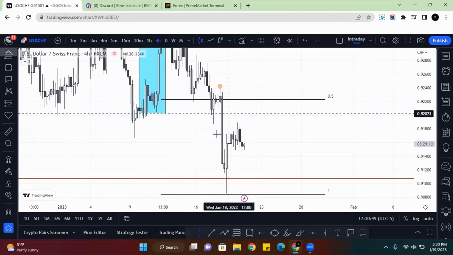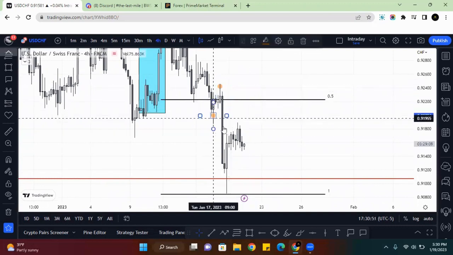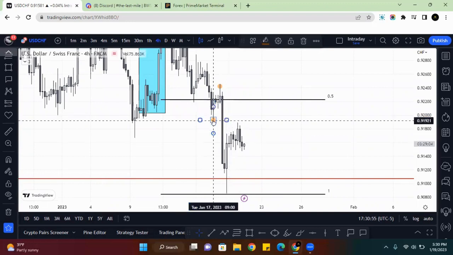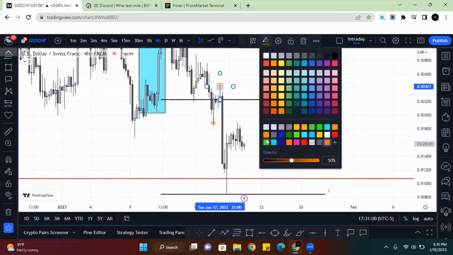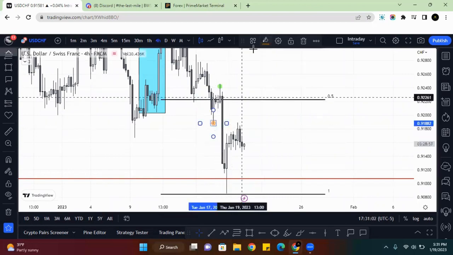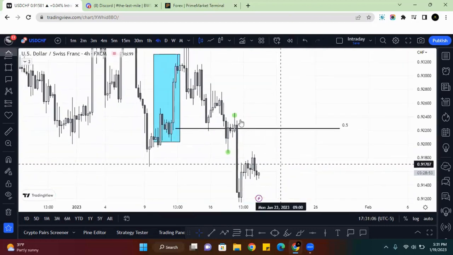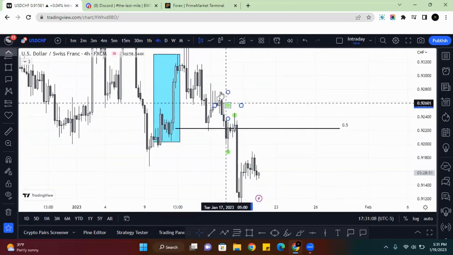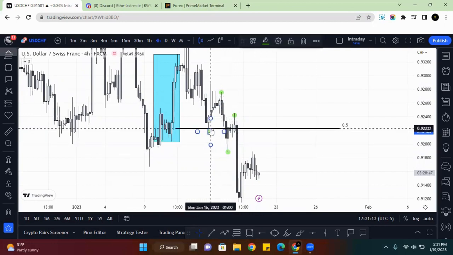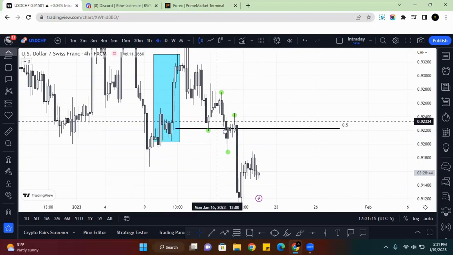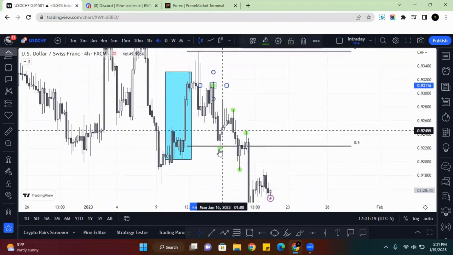When you're looking at liquidity, you're looking at swing highs and major swing highs and major swing lows. That's where the liquidity is going to be resting. They're going to make that big. It's not the little small moves in between, but the major swing highs and swing lows. That's where liquidity will always be resting. And that's what I mean by old highs and lows. I don't mean the little tiny ones in between. I mean the major swing highs and swing lows, exactly where liquidity is going to be resting every single time.